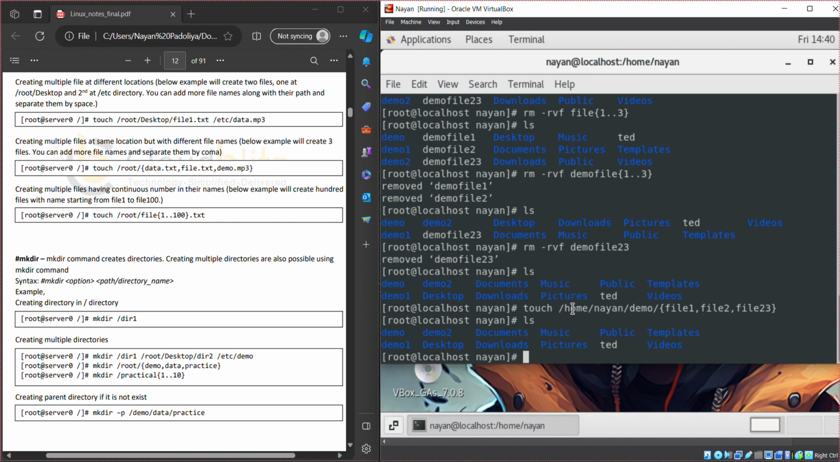First the root directory, then inside the root directory we went to home, and in home we have two users, Anmol and nan. Inside nan we have the demo folder, and inside the demo folder we have to create this type of file: file 1, file 2, and file 3. Okay, so change directory,